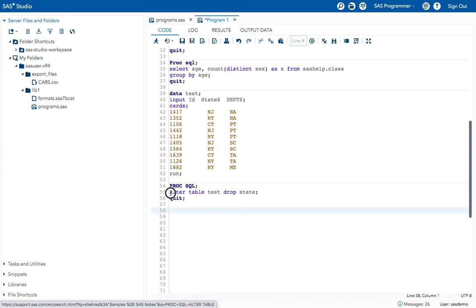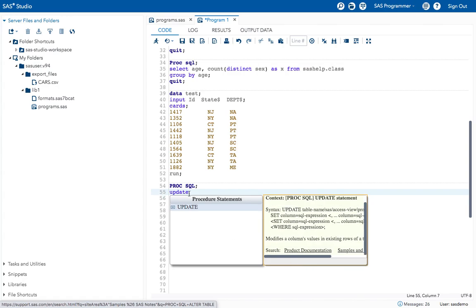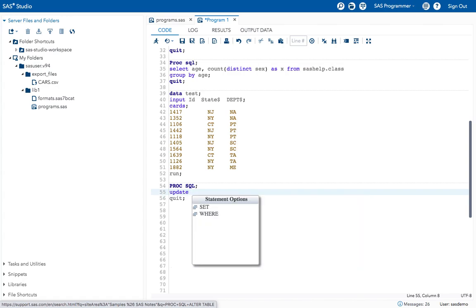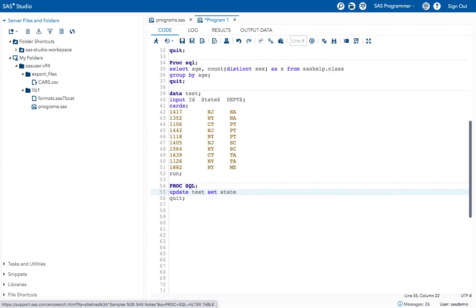By using update, which modifies column values in existing rows of a table or view. Now I want to update which data set? Test. Okay, set state equal to